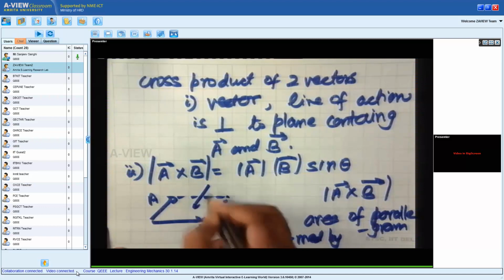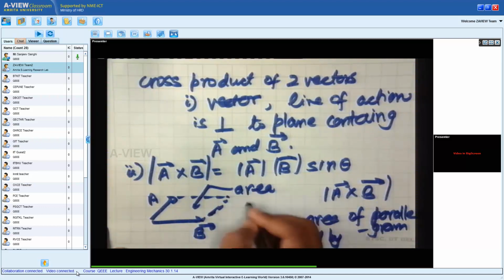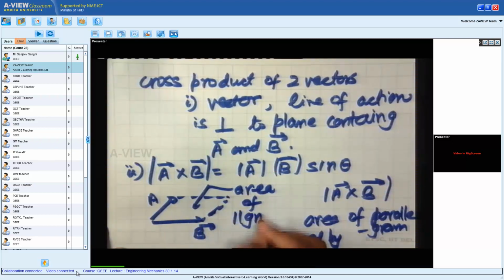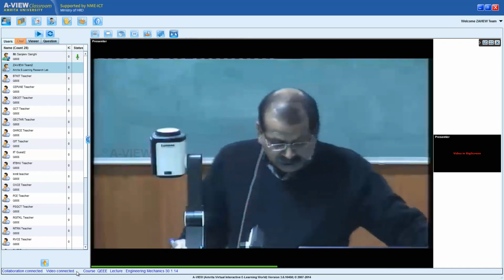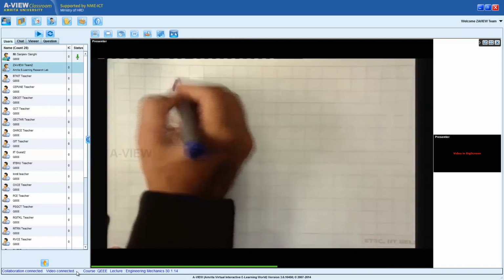Then the area of this parallelogram gives me the magnitude of A cross B. Okay. Now, if A cross B is 0,